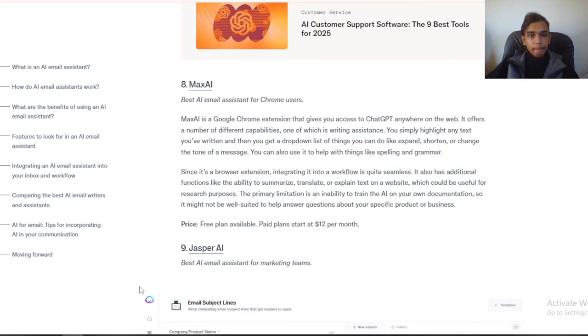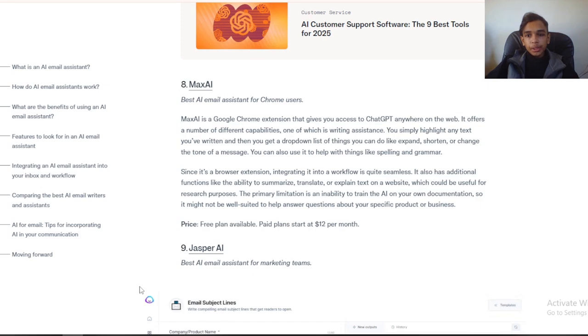Max AI, best AI email assistant for Chrome users. Max AI is a Google Chrome extension that gives you access to ChatGPT anywhere on the web. It offers a number of different capabilities, one of which is a writing assistant.